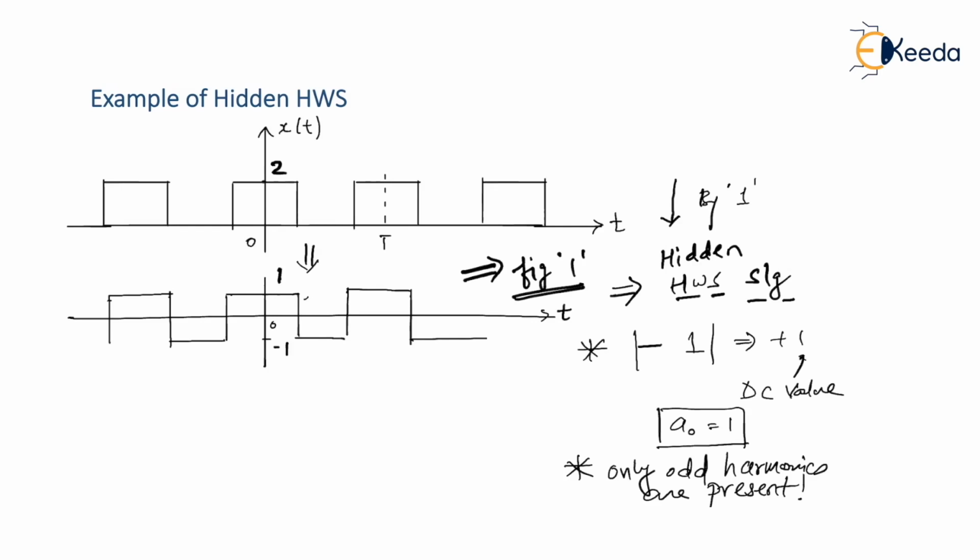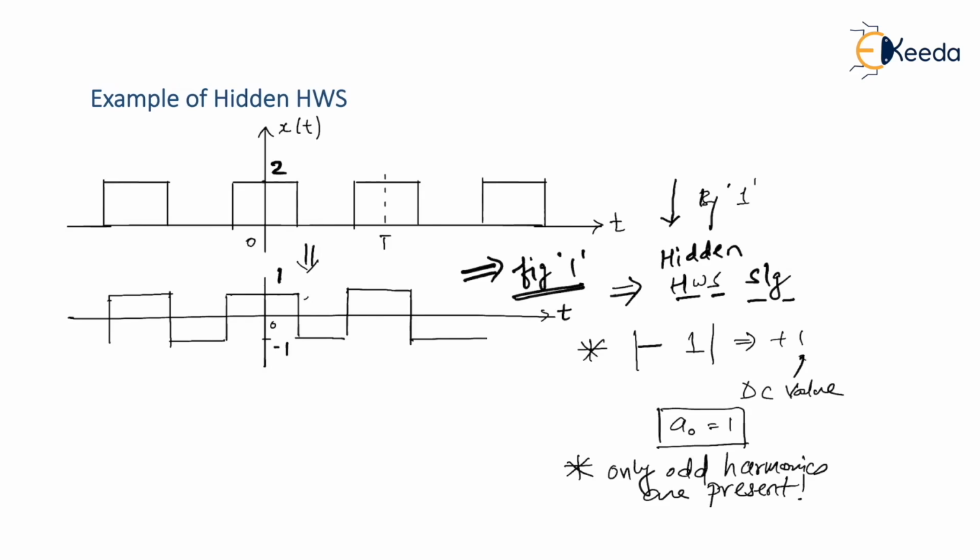You know that because of the DC insertion only, the given signal's nature is not obvious as half wave symmetric signal. The moment we subtract that DC, the moment we extract that DC signal from the given x of t, then only it becomes half wave symmetric signal. Therefore, in hidden half wave symmetric signal, DC value is always non-zero. But in half wave symmetric signal, DC value is always 0. And the similarity between them is that in both the cases, we always get odd harmonic components in the Fourier series.